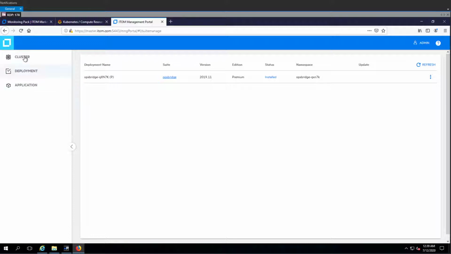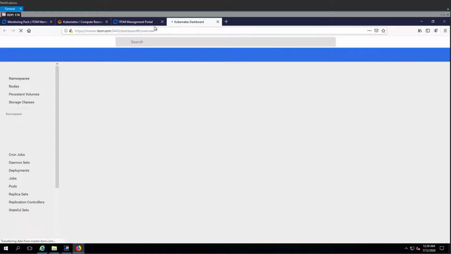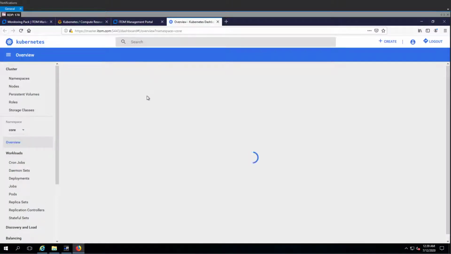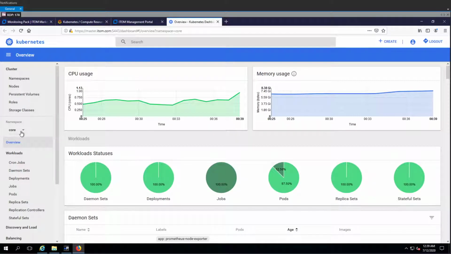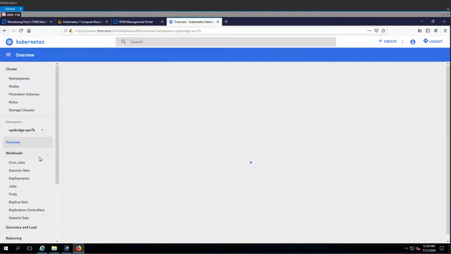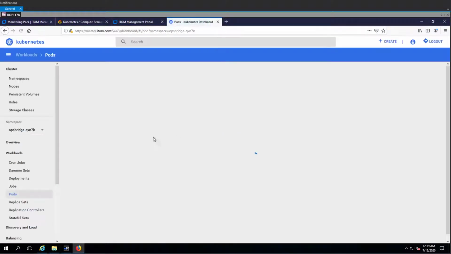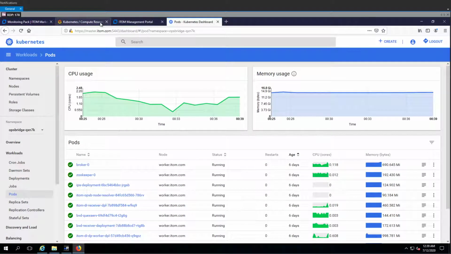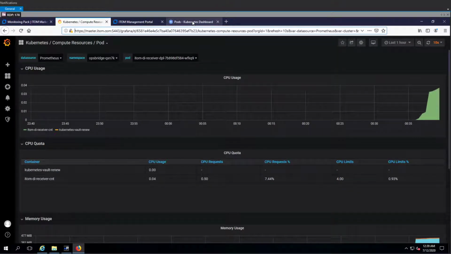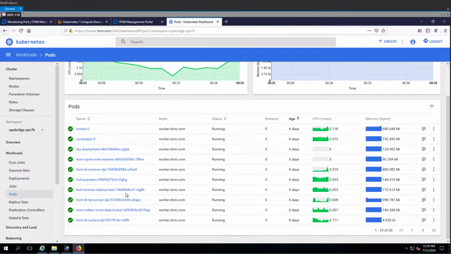Okay, so basically I think we go to dashboard in the cluster. All right, /dashboard, that's all I needed. Yeah, I could access it directly. Okay, so we'll look at the same namespace as Grafana does, right? And I can go to pods and I can select a pod. So here we selected what? DI receiver. Okay, DI receiver it is. ITOM DI receiver deployment. I'll click on it,